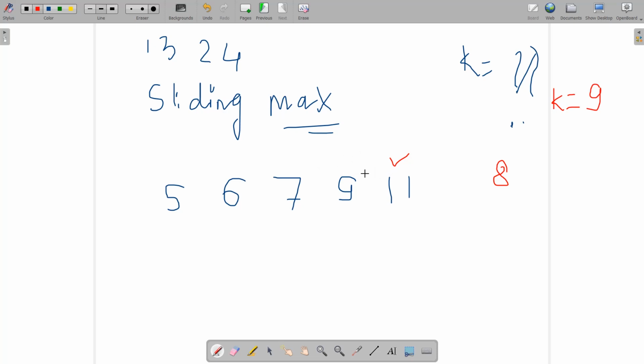So I think I have missed something. I should have to deal with sliding minimum. Okay, for now, when 5 comes over here, then 6 comes, then 7 comes, 9 comes, 11 comes,